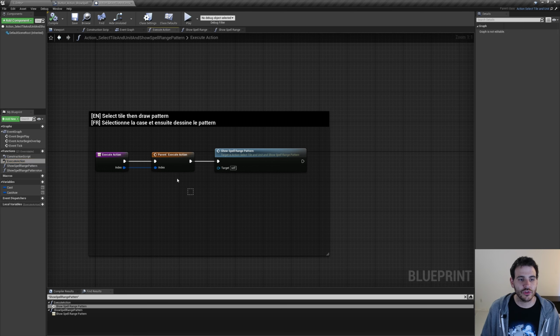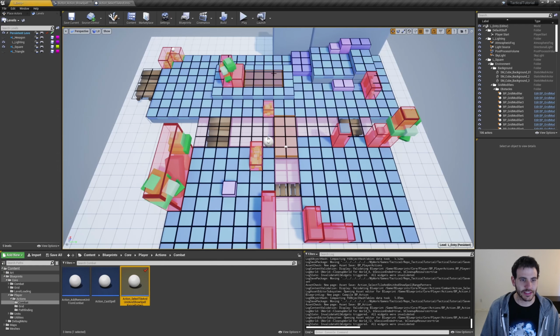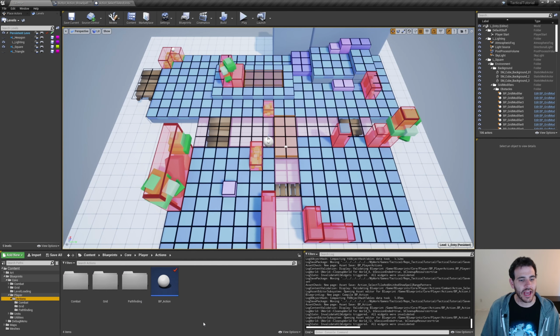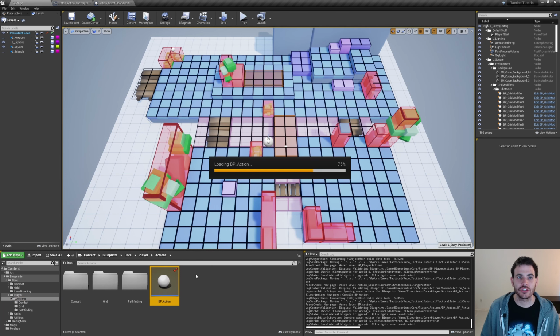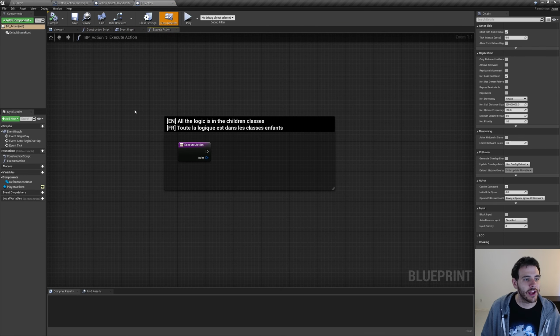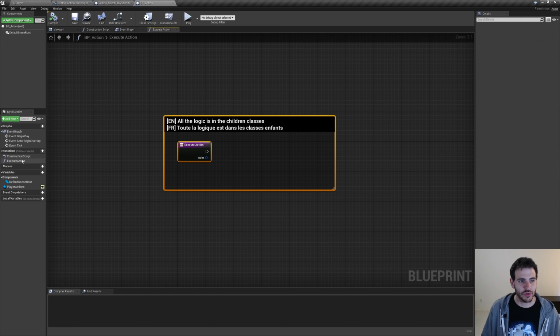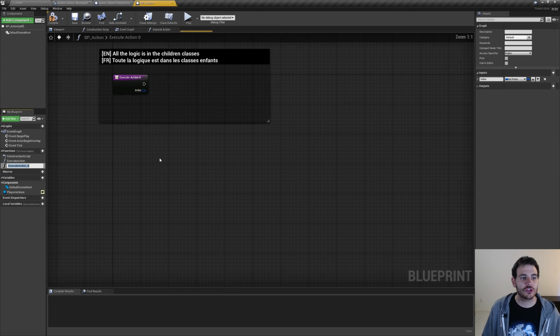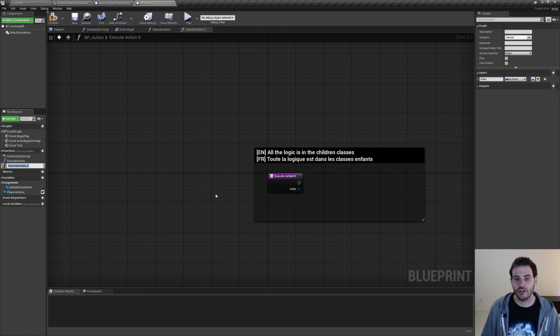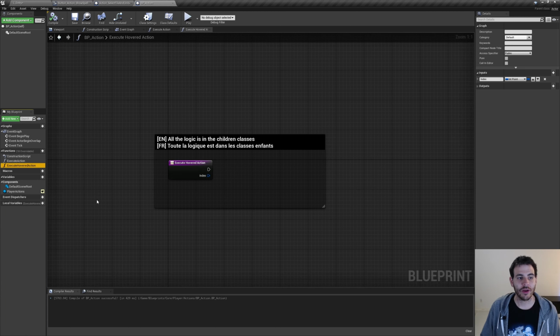So we're going to need to create a new action, a new function inside the parent class to be able to call it every time the user passes his cursor over a new tile. So let's go back in the folder that contains this action, and actually I'm going to go in my action and open directly BP action, so the parent class of all of our actions. And right here we have the execute action function that we created a long time ago. And what I'm going to do is just duplicate that function to have a second function that is going to be called that one every time that we are overing a new tile. So I renamed it execute hovered action,